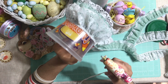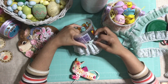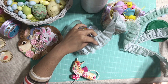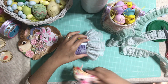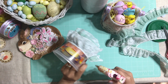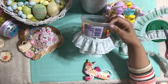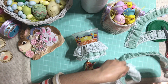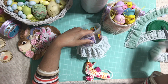Okay, and then you're going to go over, and then you're going to trim right here. And a little bit more hot glue, because you don't want this to be sticking out like that. You want it to be flat. And there you have it. See that? How cute is that? I love it. We're going to continue, okay? Continue all around until you have your entire